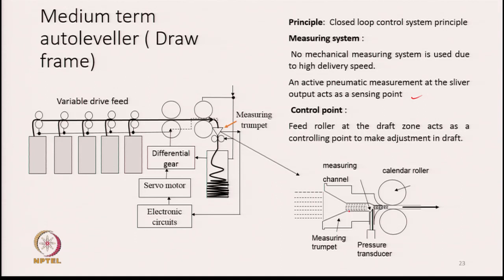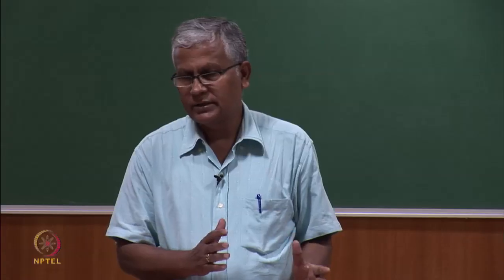The control point is similar to the normal drafting unit. Here we are showing only 2 rollers, but actually it could be 3 pairs of rollers or any other normal drafting or roller arrangements, where we have only 2 zones. So, we sense by the measuring trumpet, and the signal is compared with the reference signal, that remains exactly the same,